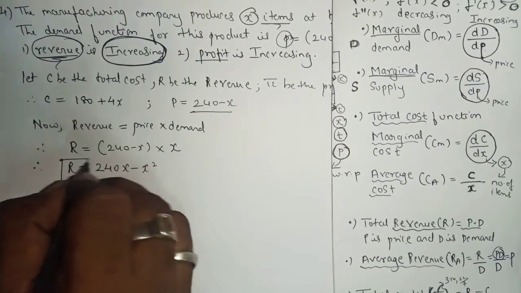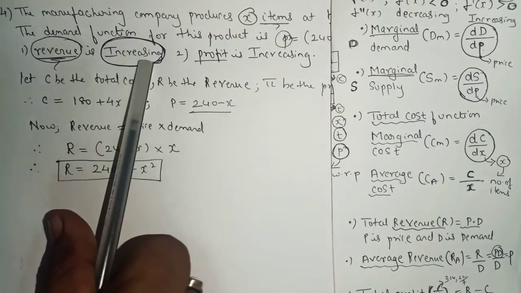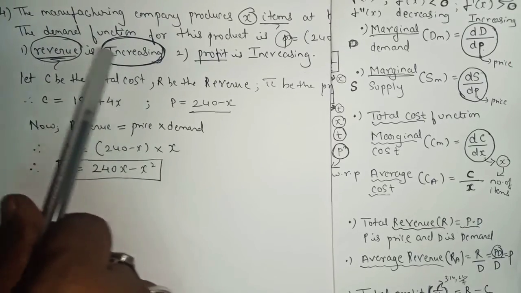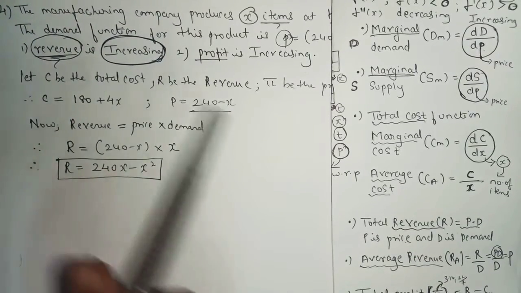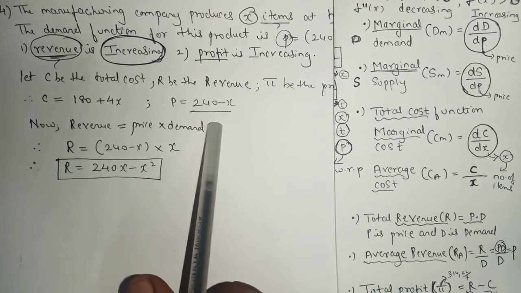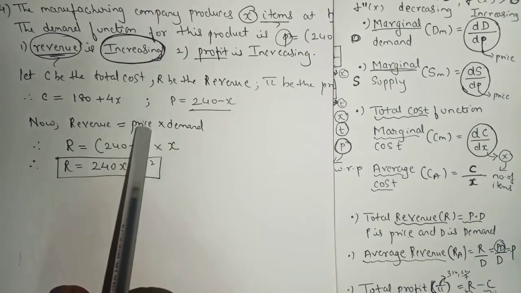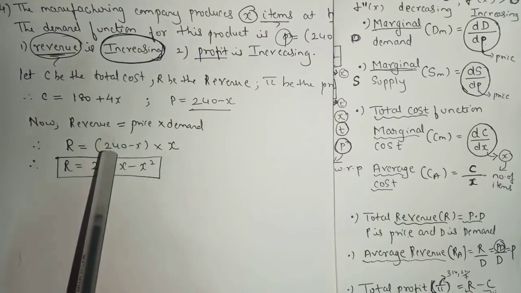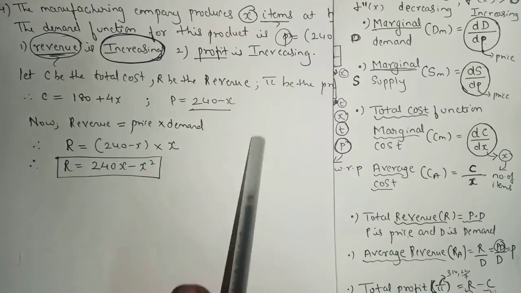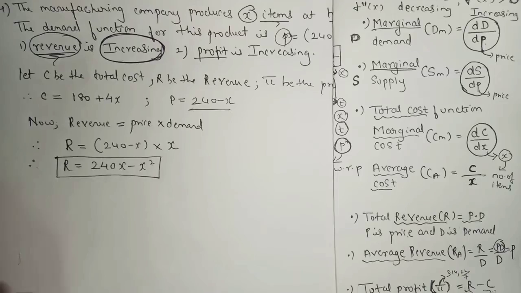So now we got the revenue. Once again I will explain. If it says that revenue is increasing, increasing means what? First you'll find the derivative of revenue. Before finding the derivative of revenue, here we have one formula for revenue. With respect to the formula, here we got the exact revenue now, because the revenue formula is price into demand. So here we have the price, that is 240 minus x, but how many articles we have to demand, that exactly we don't know. So we'll let the demand be x. So here we got the revenue now.